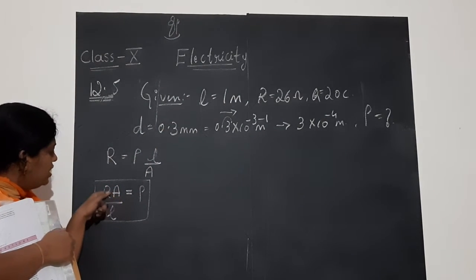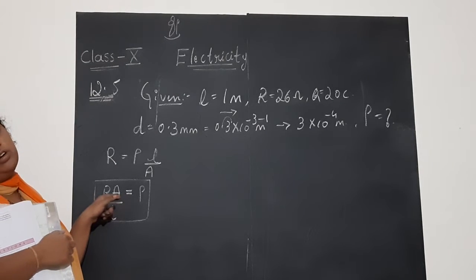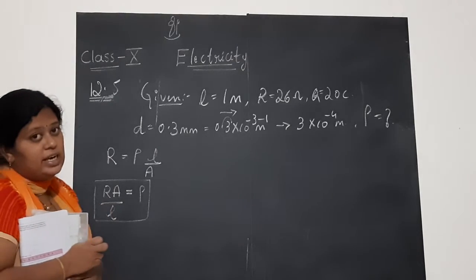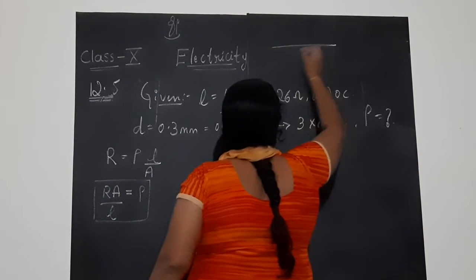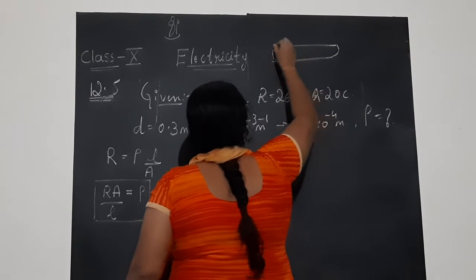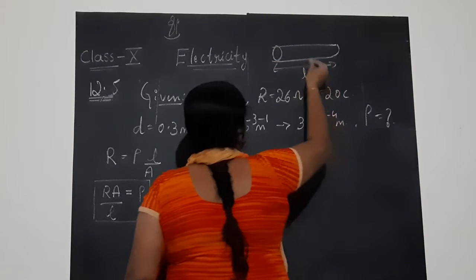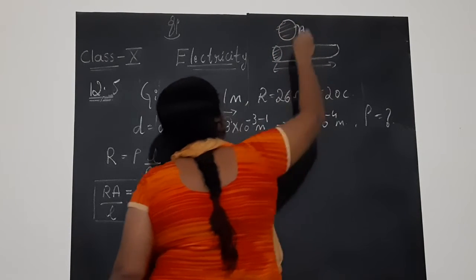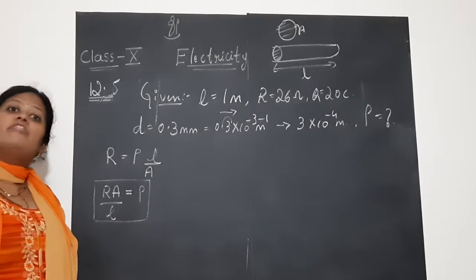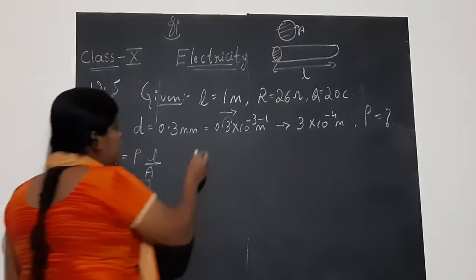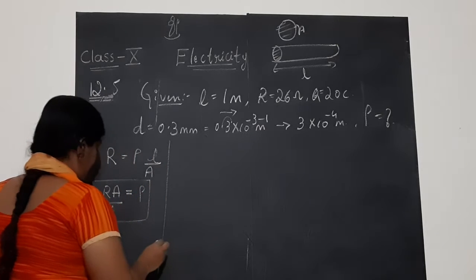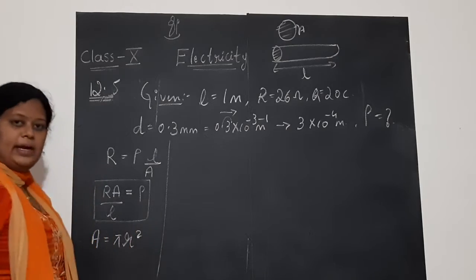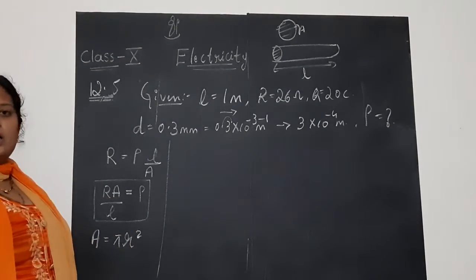But here the problem is with the area of cross section of the wire. How to find out the area of cross section? I showed you which is the area of cross section of the wire. Do you remember the figure? If you consider this as the wire, this is length L of the wire. This small circle opening, what you have, is the area of cross section. So the area of a circle, in other words. So we know that area is pi r square. Correct? Area is pi r square.